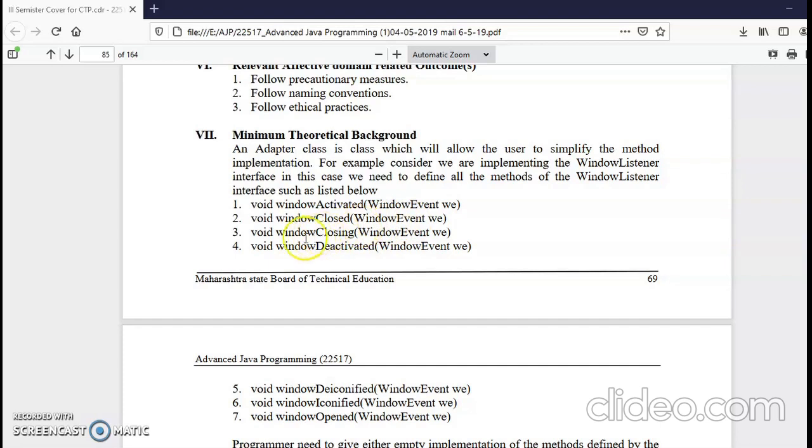So in this program, we'll be using a method window closing, which will help us to close our frame. Generally, most of you have experienced that when we create an applet and we close it, it easily closes by clicking on the cross icon. But when we create a frame, it does not get closed when we click on the cross icon available at the top. And we need to go to the command prompt and then press Ctrl C. This is what generally we do to close the frame. But in this program, we'll learn how to close the frame by clicking on the cross icon which is available at the top with the help of window closing method.